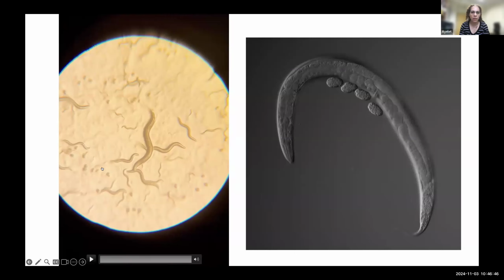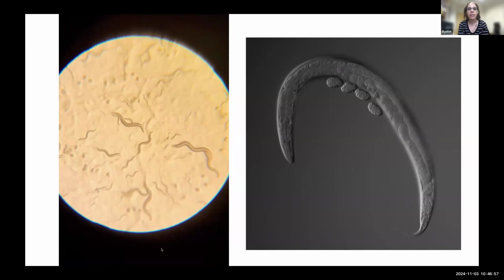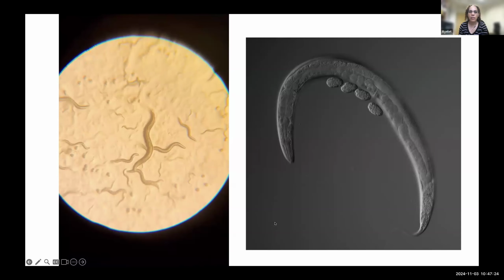Sorry, I don't know what's going on here. So this is C. elegans, a tiny worm, and we have a few labs in the faculty that work on these worms, and they are amazing. You can see that they are transparent, so we can see everything inside, and they're also very small, so we can grow many of them in just one plate and look at them under the microscope, also do genetics and so on. And everything started